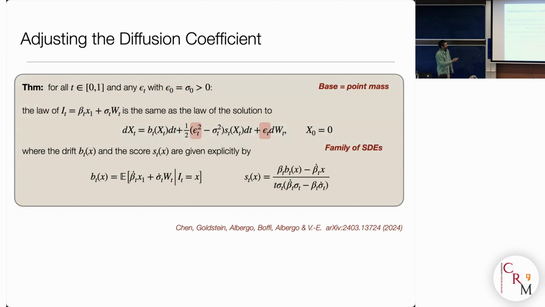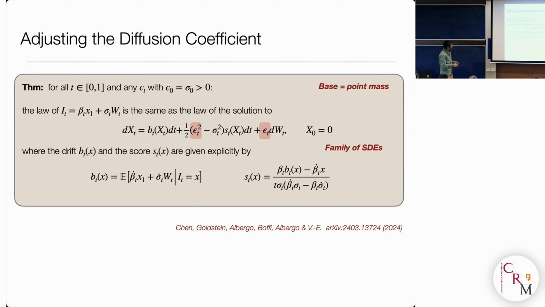So first I need to give you a result which is of the same flavor as before. I use it because it's simpler to explain in this case. This is a variant of interpolants in which the Bayes distribution, you could also play with the Bayes distribution, I have not described that here, this is one way to play. The Bayes distribution here is a point mass. It's a Dirac at 0. Okay? And the target is the target. And so there is an interpolant that you can build, which is this one, which allows you to sample from this point mass any target distribution.